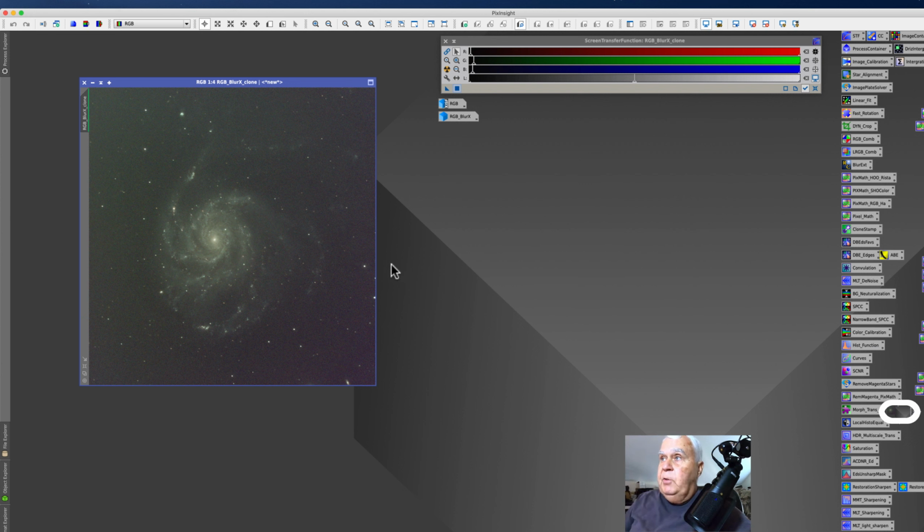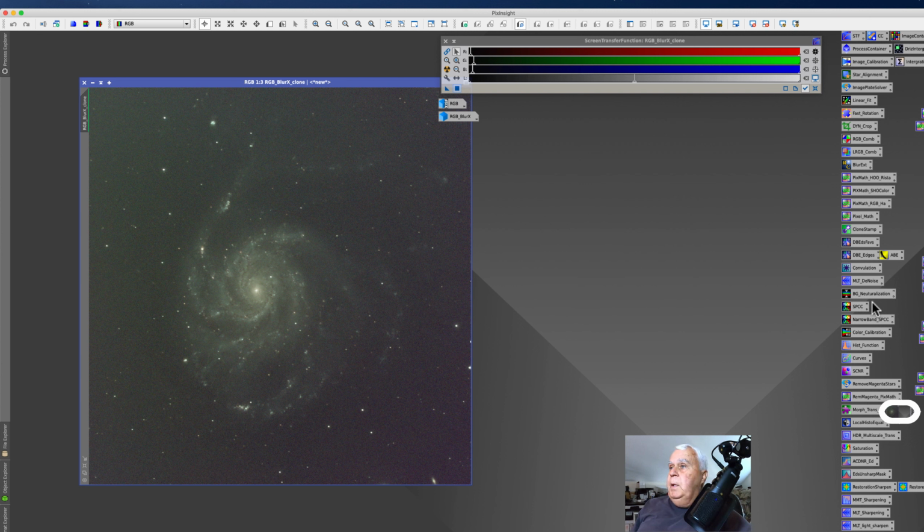Okay, so I now have a saved project, and everything I've done so far, if I exited out of this and then opened PixInsight back up and retrieved that project, all of my process icons and everything you see here, plus the History Explorer's information, will be repopulated. Pretty cool. All right, now I'm going to run dynamic background extraction, and I'm going to bring up DBE,